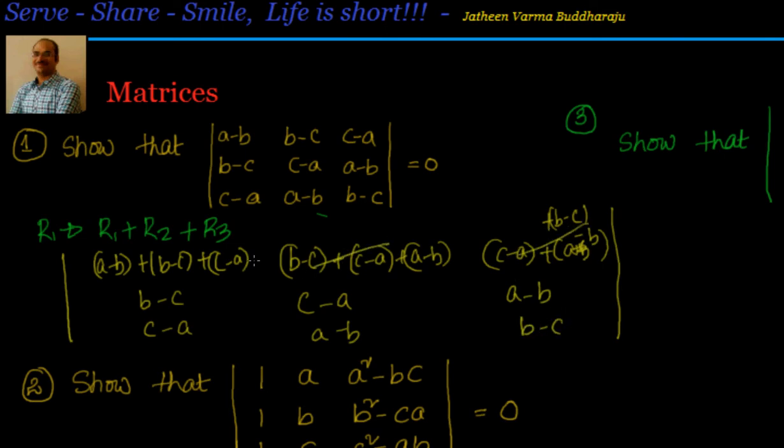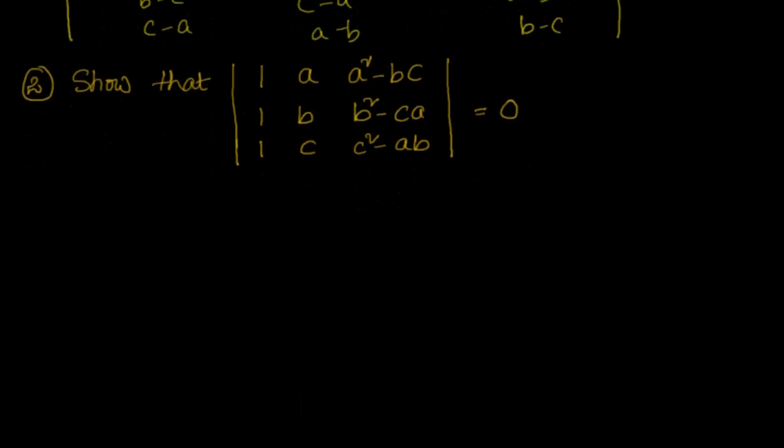But you know, all these values, if you add them up, are equal to 0. A minus B plus B minus C, B cancels, A minus C; A minus C plus C minus A is 0. So you have a matrix where all the elements of the first row are equal to 0. Now you know that if a row or a column of a matrix has all elements as 0, then its determinant is 0, because you expand by that row: element into cofactor, element into cofactor, element into cofactor, nothing but 0. Let's go to the next problem.